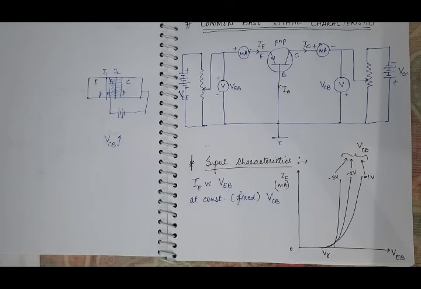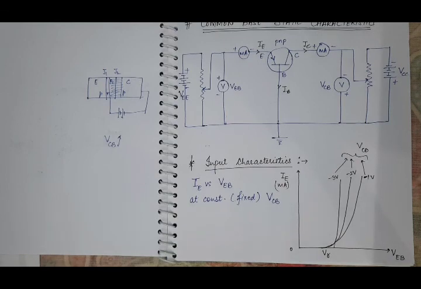If most of the area of the base region is covered by the depletion layer, then more and more holes, which are majority carriers in the emitter but minority carriers in the base, will be attracted by the depletion layer in the base region. So at that time, the collector base voltage is known as the punch through voltage. And at that time, the movement of holes from emitter to collector is known as punch through.